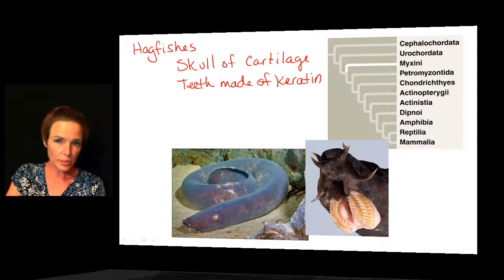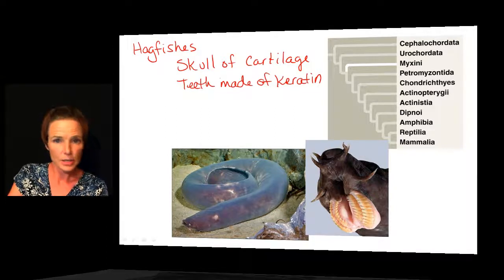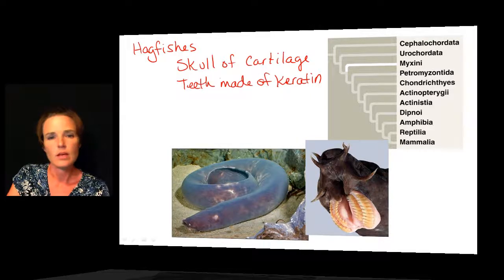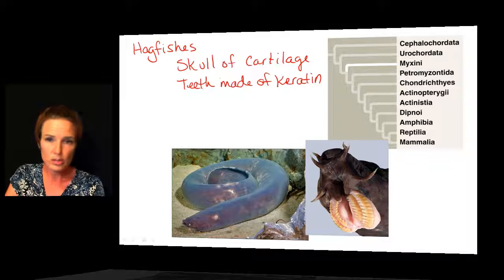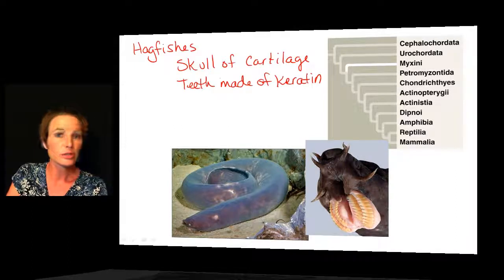All of these are going to be marine organisms. They're all going to be bottom dwellers. These are going to feed primarily as scavengers. So they would feed on dead organisms that they might find on the ocean floor. These also have an ability to produce a lot of slime. So if they're threatened in any way, they can ooze a lot of slime directly through their skin. And this is going to deter predators or other organisms that might be trying to encroach on their food supply.